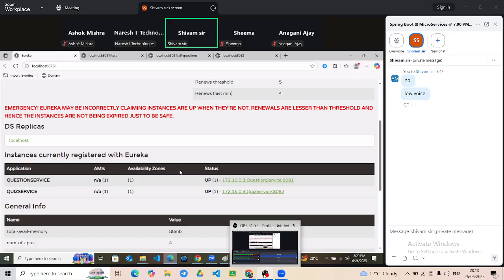that are running continuously here, right? That is what service registry is. This is called service registry. Both the services are registering themselves. Question service is registering itself and quiz service is registering itself. Now what we need is that the quiz service should be able to find the question service, to find